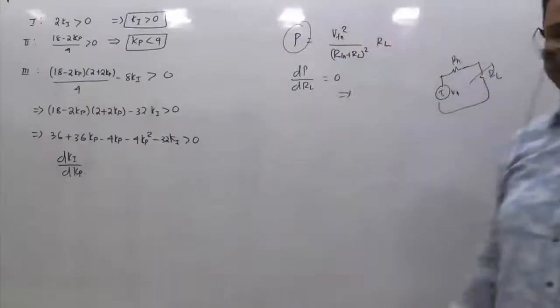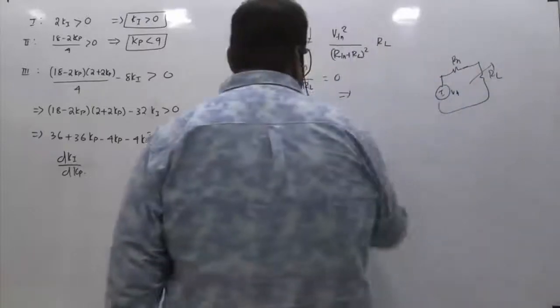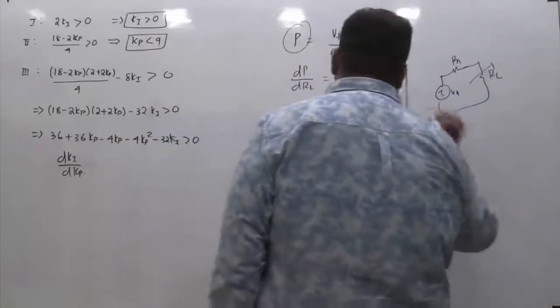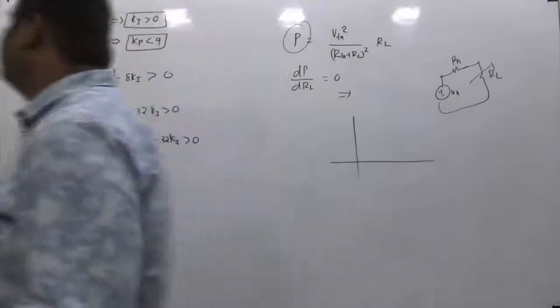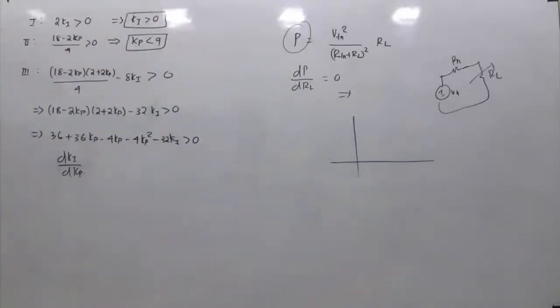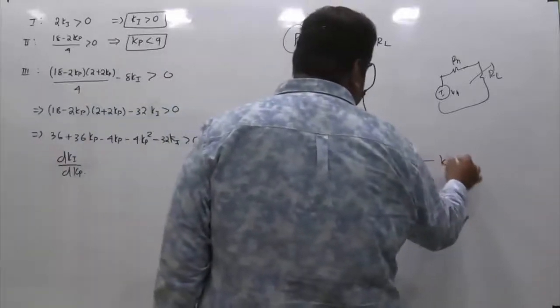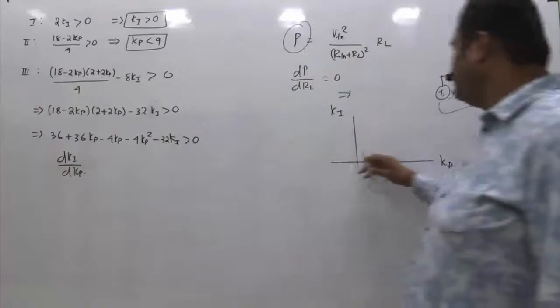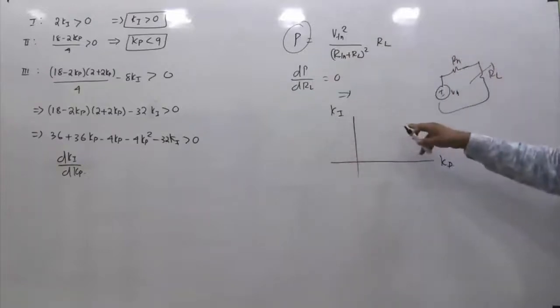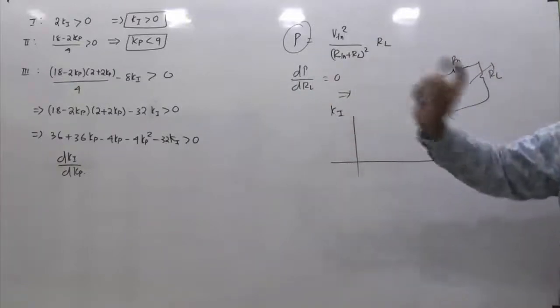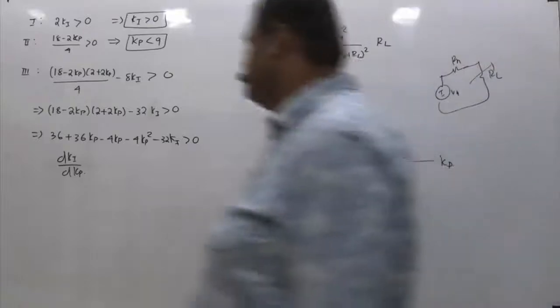Similarly, in this case, what I am trying to do is have a plot between Ki and Kp, by taking this axis as Ki and this axis as Kp. So in what way will I vary Kp so that Ki will vary, keeping this condition in mind? So what to do now?